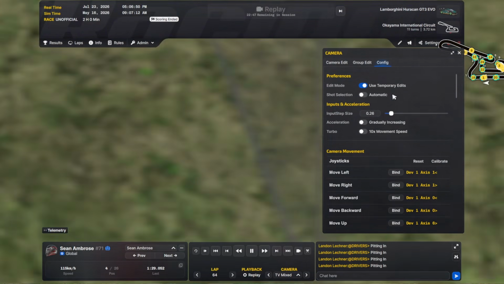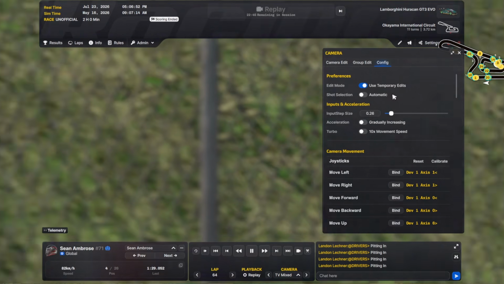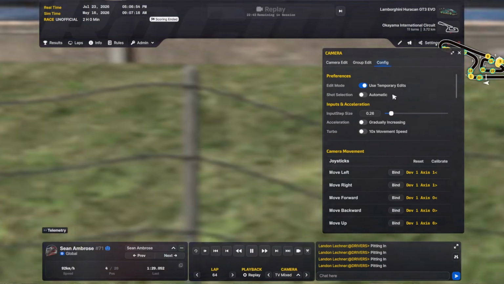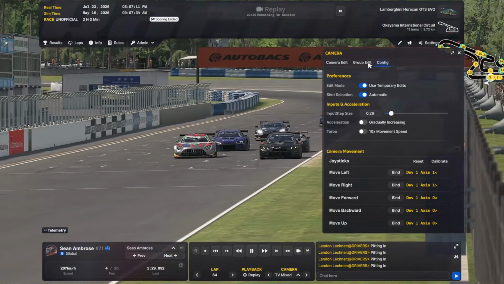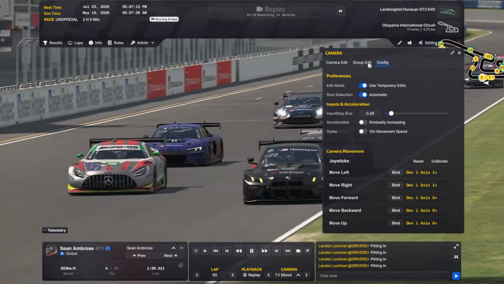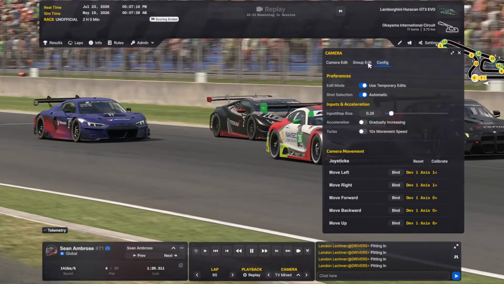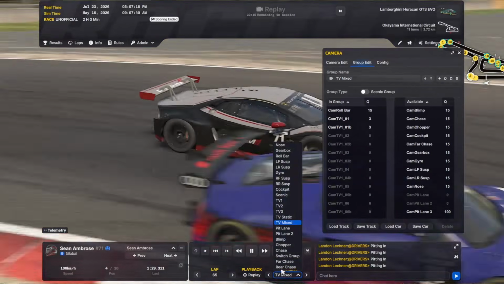Why all of a sudden they are calling a camera a shot, I'm not entirely sure. My guess is because of the general terminology confusion. Everything is just a bit muddy. And I believe there is a bug with the automatic shot selection. So let me go back to this